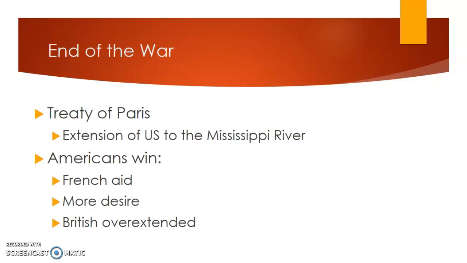So at the end of the war, the Treaty of Paris will be established. This is going to extend the U.S. boundary as far west as the Mississippi River. Keep in mind that the Americans love the idea of expanding west. So the Americans win. Really big idea here that the French are absolutely important. You have more of a desire and will on the American part. They also know the land. And the British Empire is very much overextended. They are in debt, and they don't have as much willpower to win this war as compared to